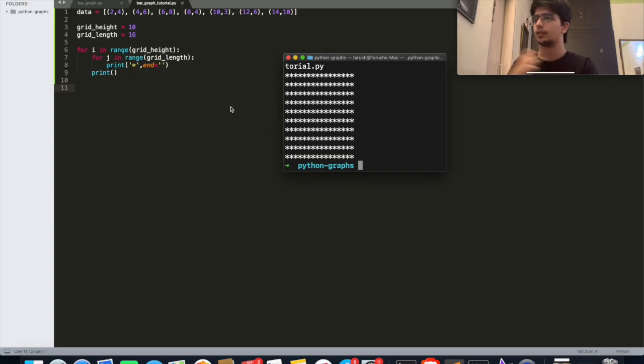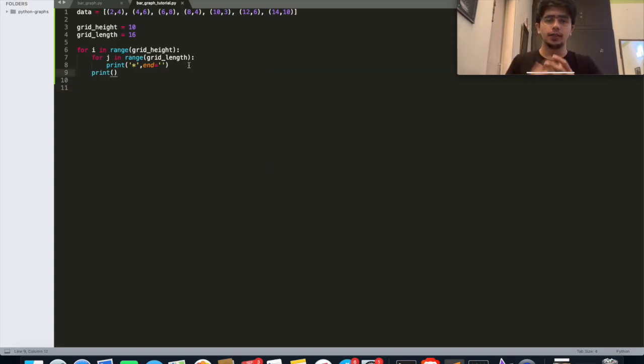So now the next thing that I want to do is create the x-axis and the y-axis using stars, and I want to populate the data with hashtags. So first let's print the x-axis. For the x-axis, that means it's going to be our bottom row. Now this is a little tricky. It's not going to be i equal to 0. So it's not going to be if i is equal to 0, print this, else print a space. Okay, this is not feasible, because i equal to 0 means the topmost row.